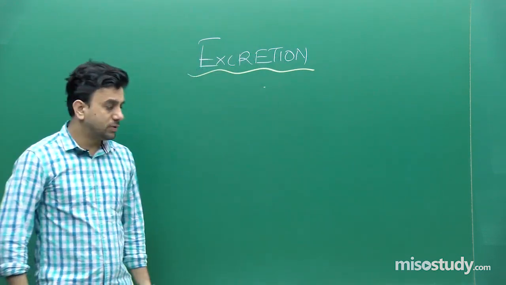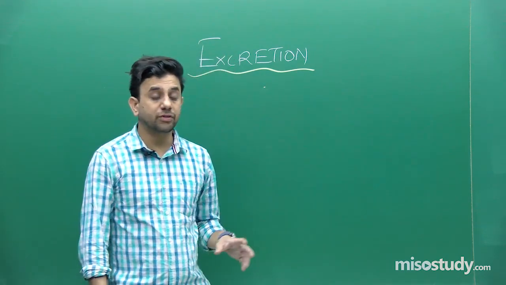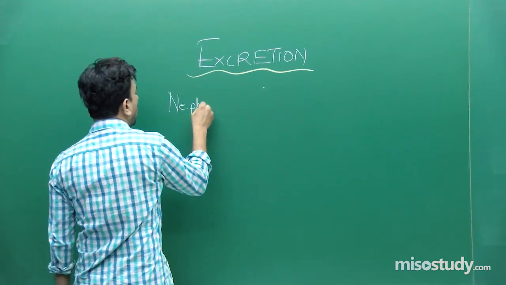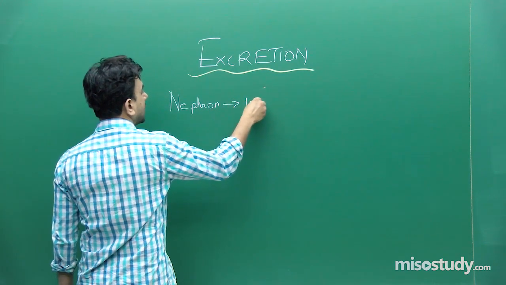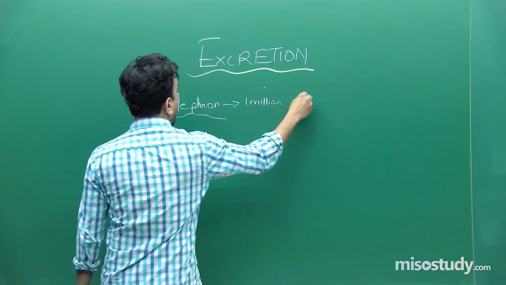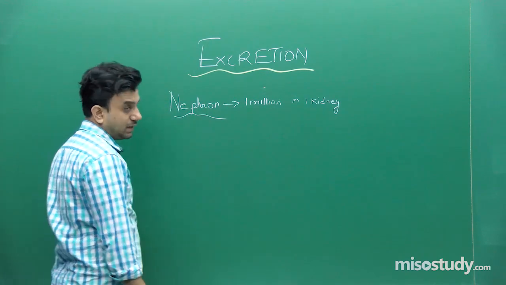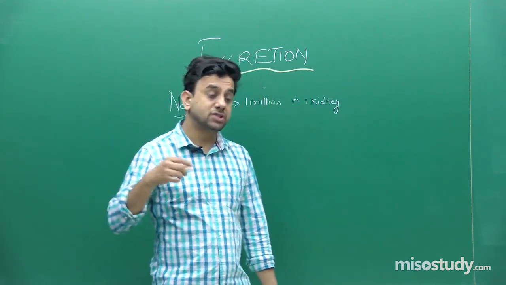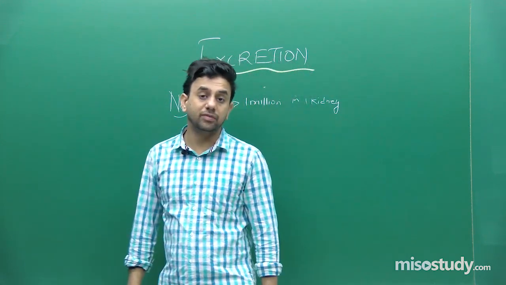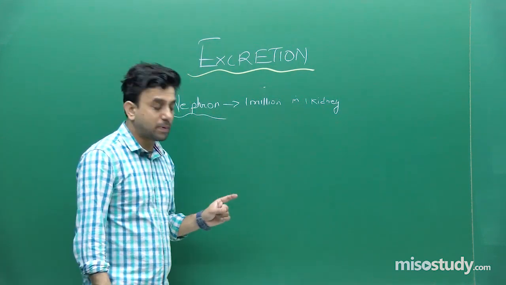We said that there are two types of nephrons. First of all, we said the structural and functional unit of a kidney is the nephron, and there are about 1 million nephrons in each kidney. The nephron is a structural and functional unit of a kidney, just as the cell is a structural and functional unit of any living organism. The nephron, also called a uriniferous tubule, has many parts, starting right from